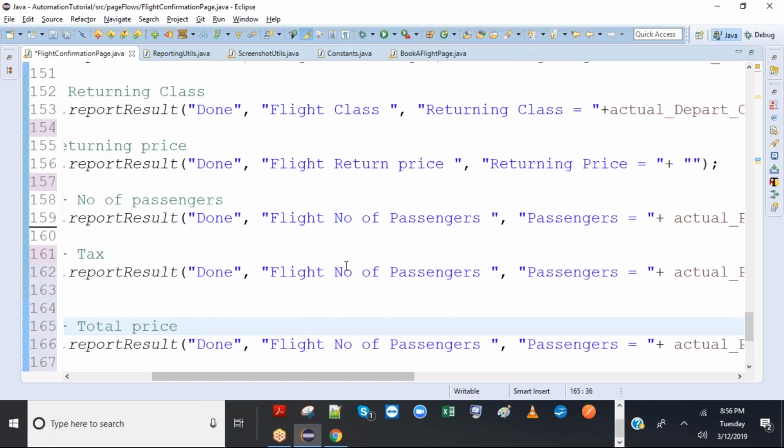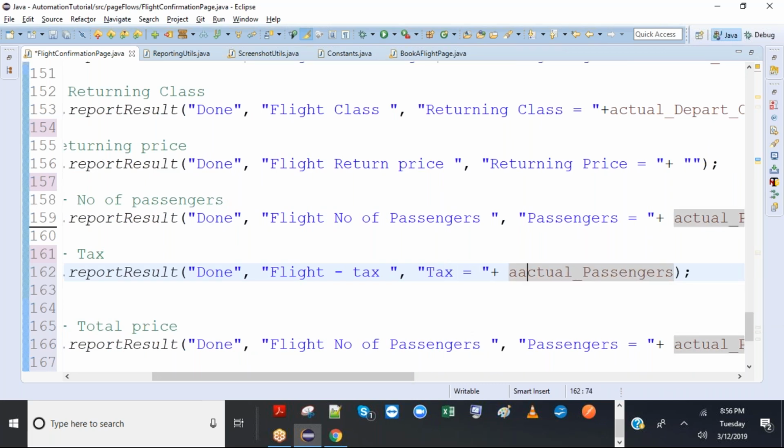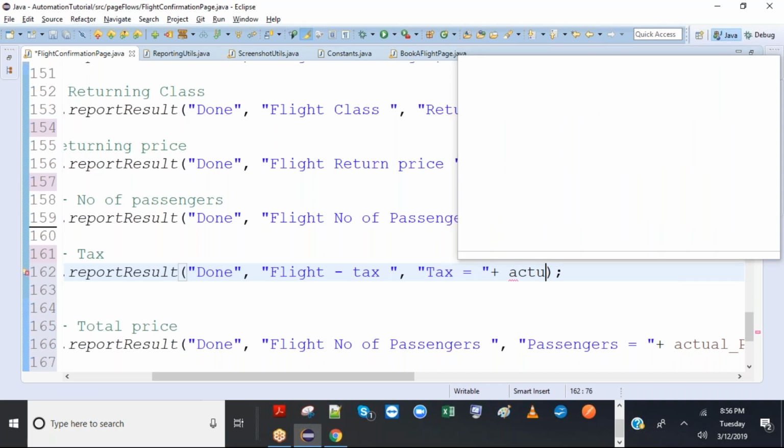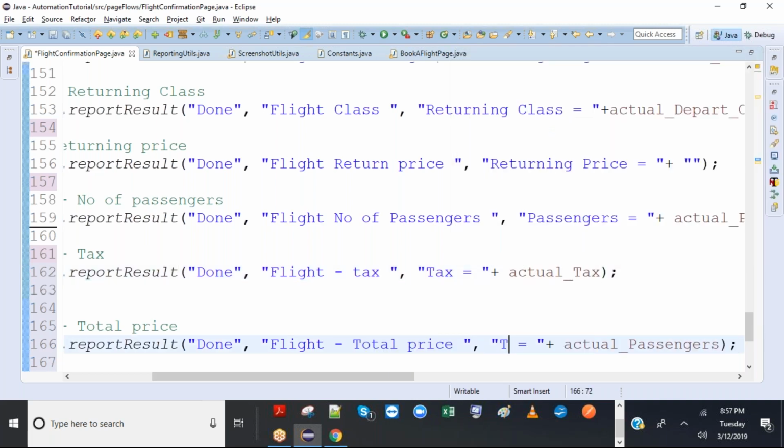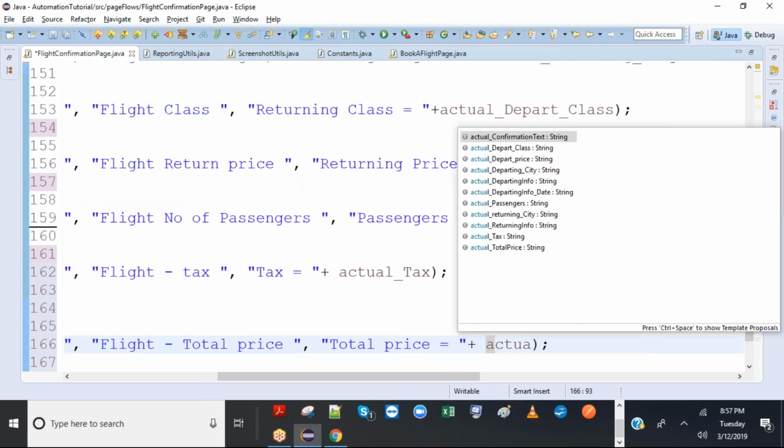So flight tax, actual tax. And this is total price, actual total price. That's the last, right?